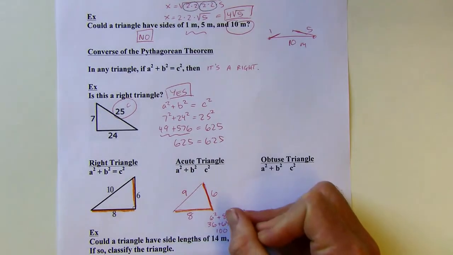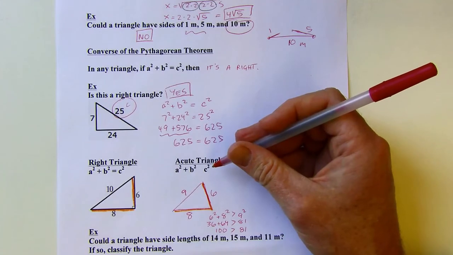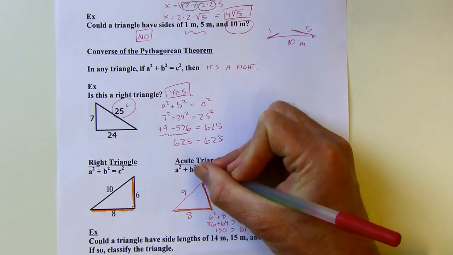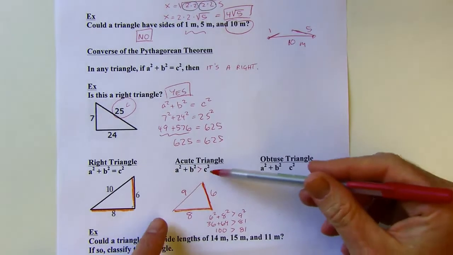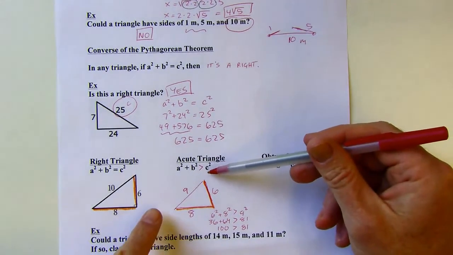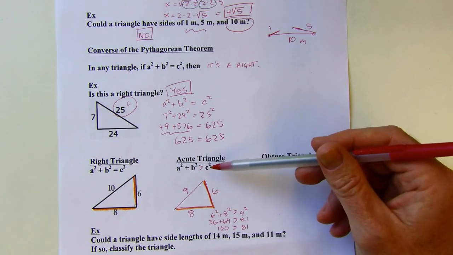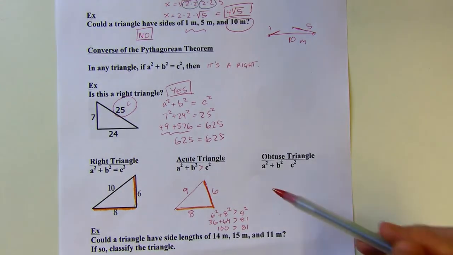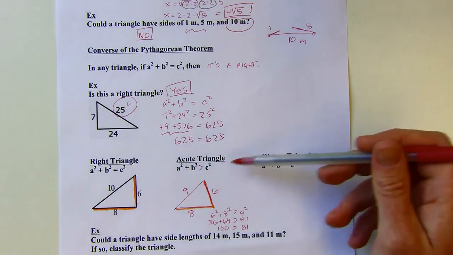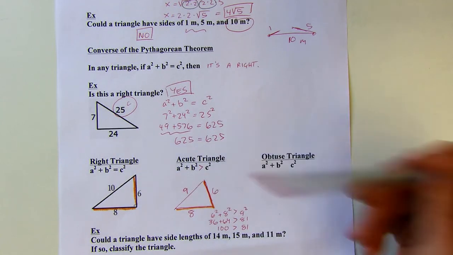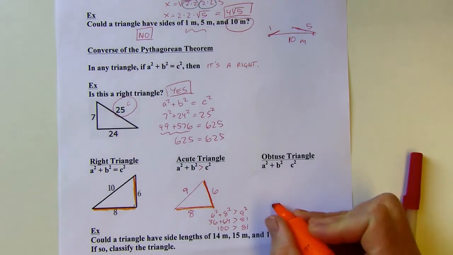So now I can go back up here, and this relationship is going to hold true for any acute triangle, okay? So, to get the acute triangle, the way I think of it is you kind of shrink the hypotenuse a little bit. That closes the hinge. And so this relationship is true for all acute triangles. So you can do a little test. We could already do a test to see if it's a right triangle. Now we can see if it's acute. And we can also test if it's going to be